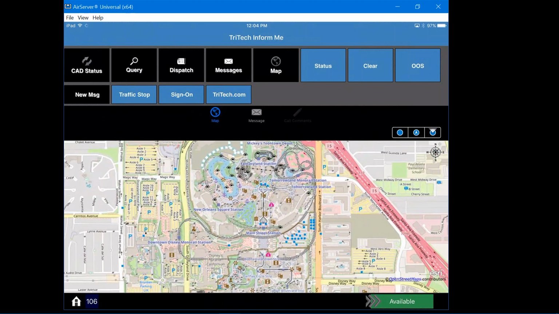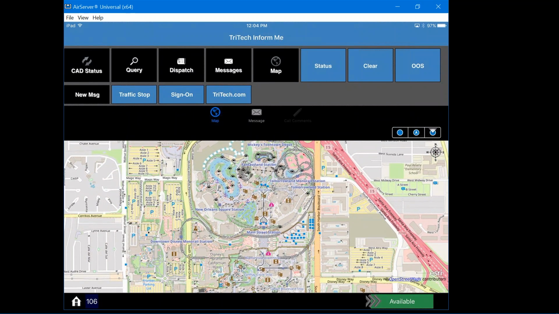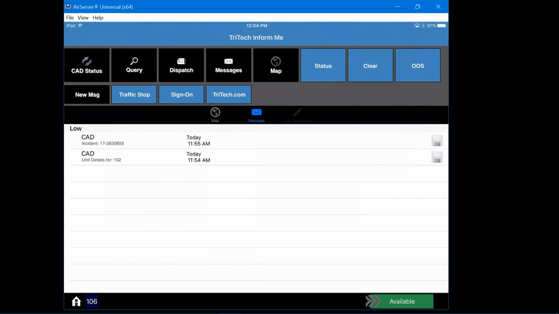Also within the bottom half of this screen, I have access to my messaging. I am running a separate instance of CAD on my other workstation, and I'm going to go ahead and send a message to myself here. So as I start to send my message,